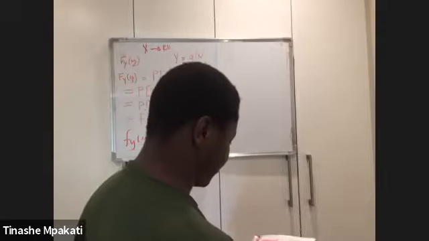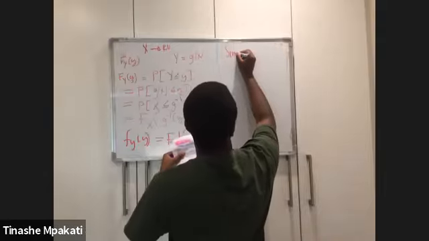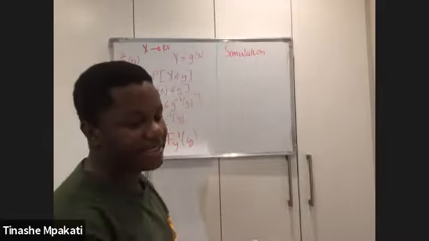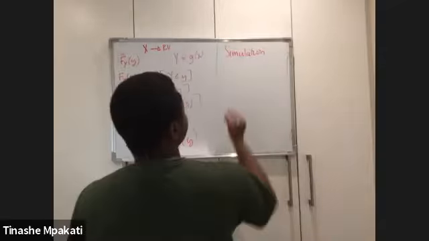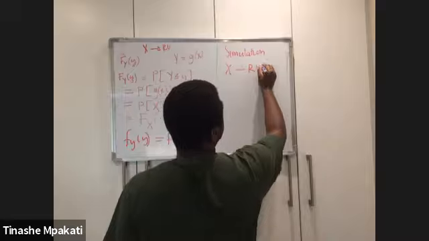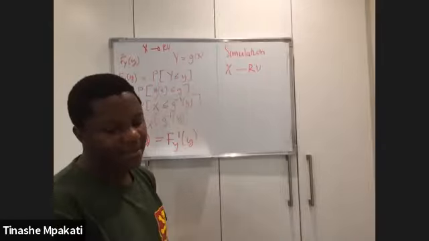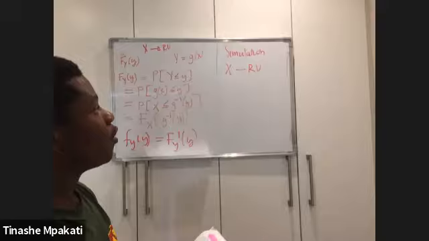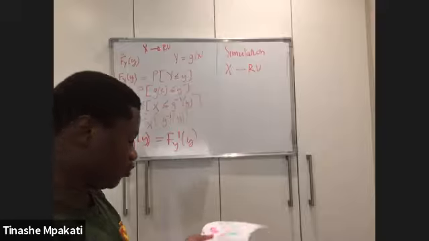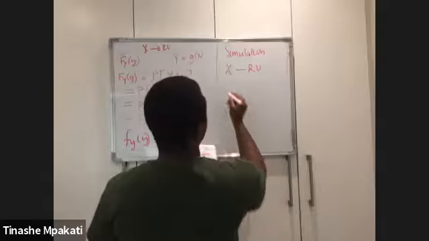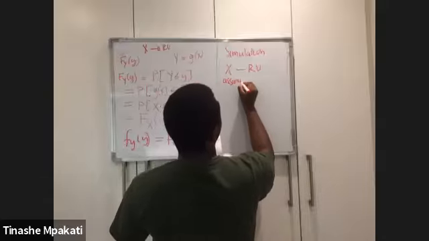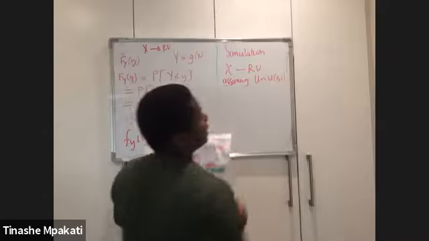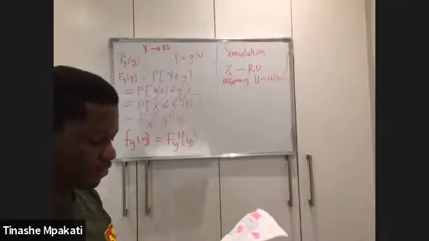Cool. Before we look at an example, I wanted to quickly look at simulation, in other words, generating random realizations of some random variable that you have. Suppose we have the random variable x, and maybe you're asked to find random realizations of this x. All you have to do is, you're assuming you are provided with random uniforms, some numbers that are uniform between 0 and 1.